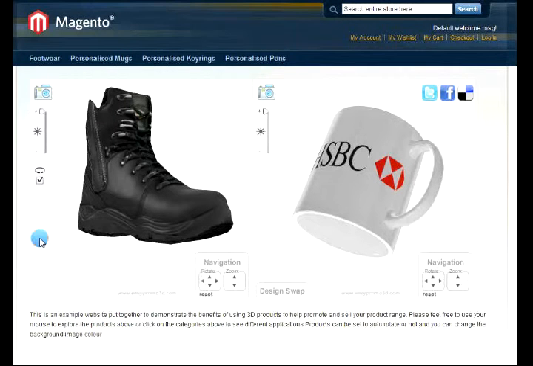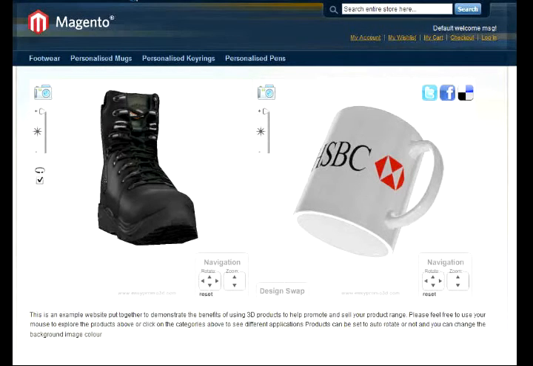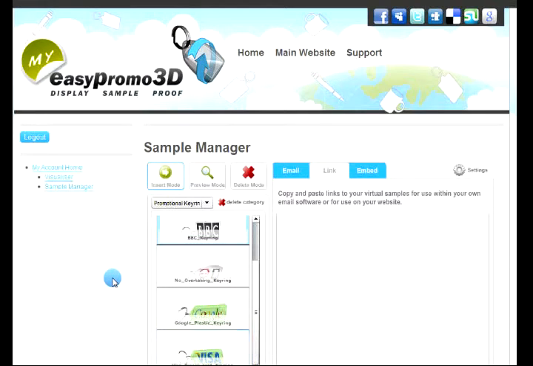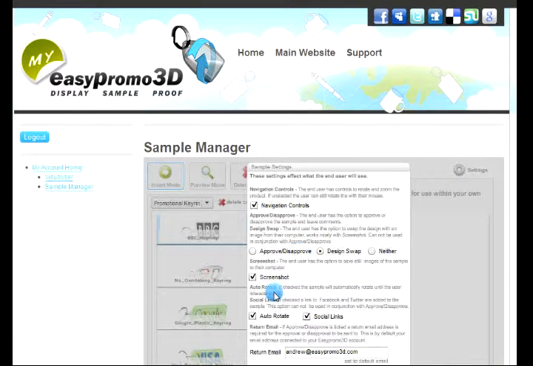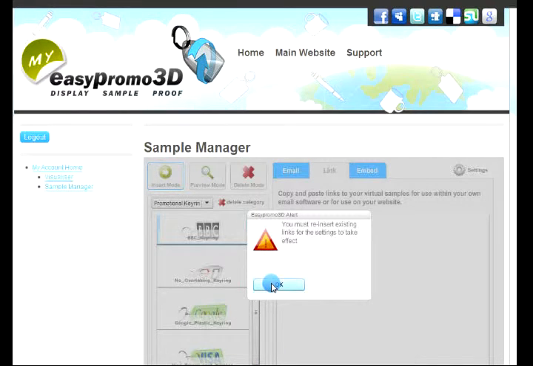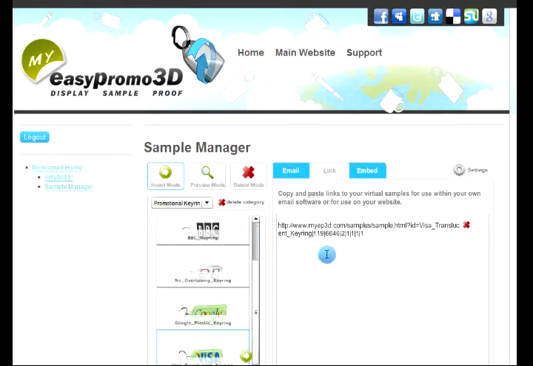So if we briefly just went back to the Sample Manager, and you'll all be familiar with that if you've watched the tutorials before, you can see by going over to our settings here we can decide the properties of our virtual sample. So in this case we've got a design swap, it's a social link, so that's okay, and we will then click on one of our key rings which provides us with a link. Now that link could obviously be called from a button,